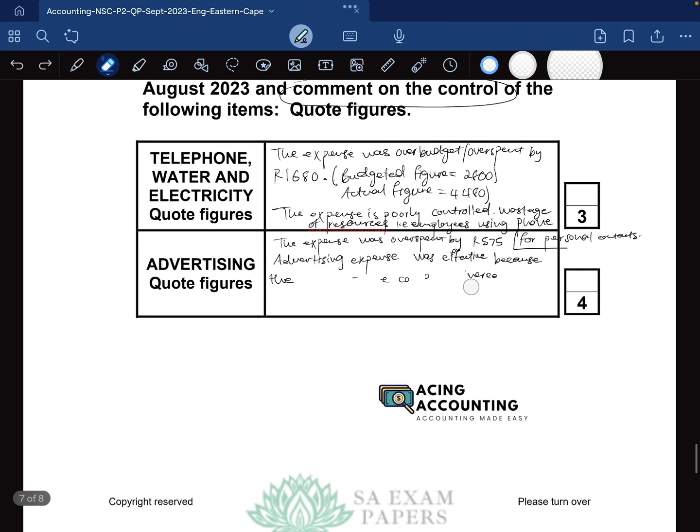We could say this: the actual sales were above the budgeted sales